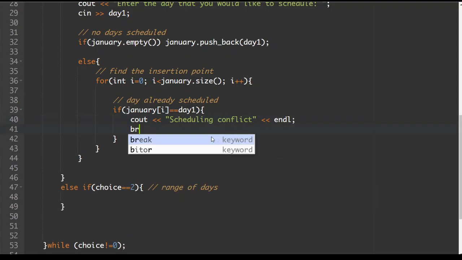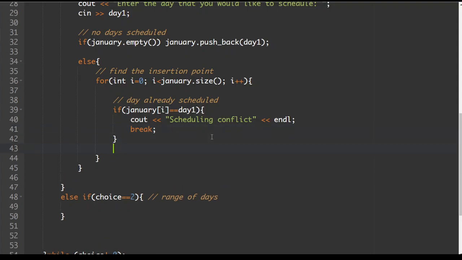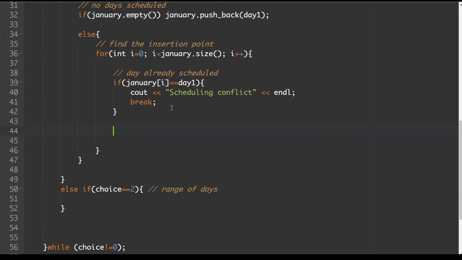Okay, and what we're going to do now is we're going to break out of the for loop because we don't want to keep looking at dates if we know that it's already scheduled. So that's the easy one to program. It's already scheduled, we say scheduling conflict, and then we break out of the loop. Otherwise, what we're going to do is we're going to schedule it